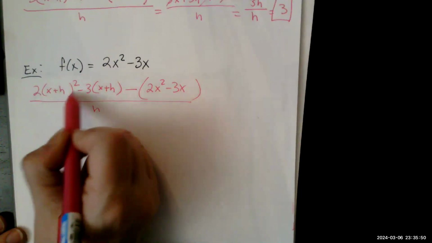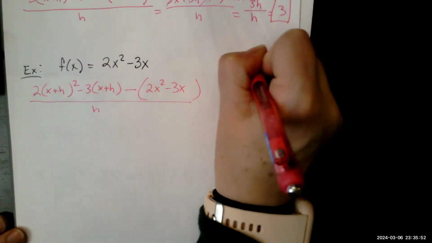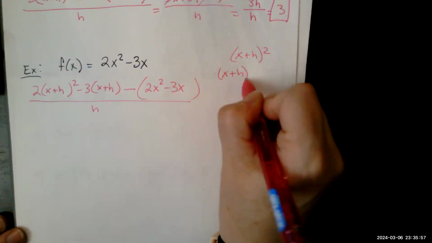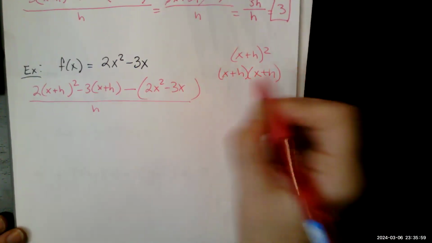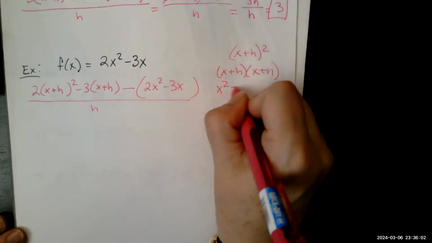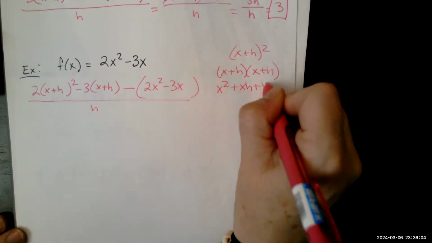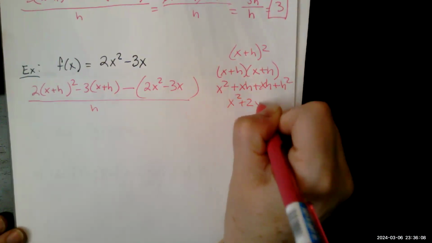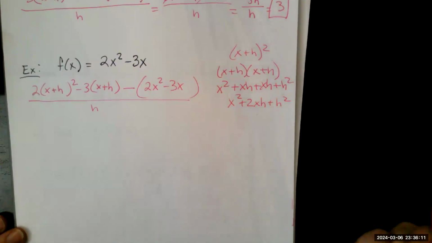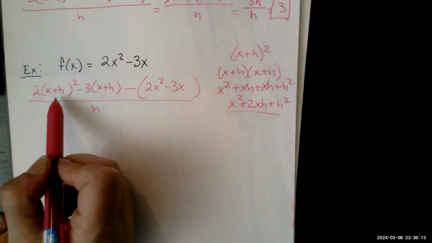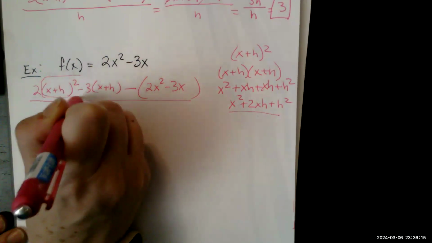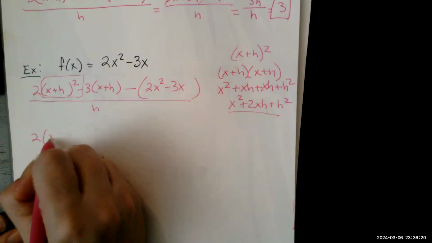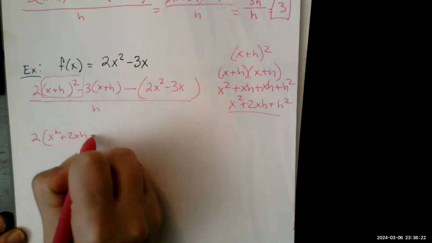This is tricky because remember, x plus h squared really means x plus h times x plus h, which is x squared plus xh plus xh plus h squared, which is this. So all of this is what x plus h squared really is. So I still have my 2, but now if I multiply that out, I would have this